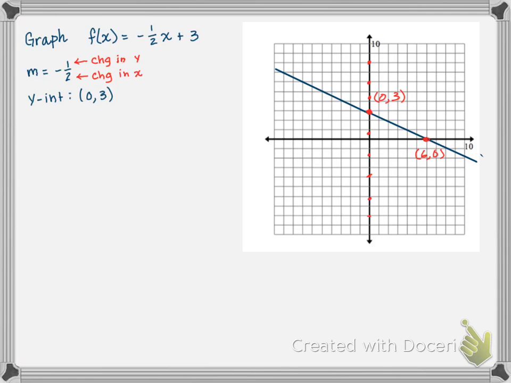Which means that whatever the y-intercept is, it has to have an x-coordinate of 0. And so if I plug x equals 0 into my function, the output should be the y value of the y-intercept. So to find the y-intercept of any function,